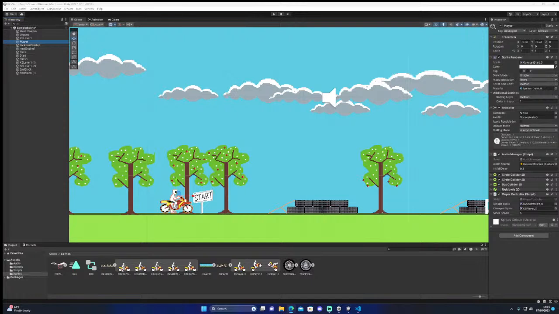Is that actually going to get the animator? Change the sprite to changed sprite. Changed sprite. Oh yeah, maybe. So I've got that hasn't got the speed, is it? I can add that myself.